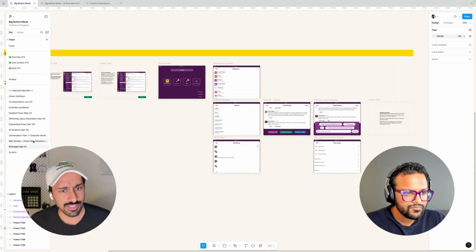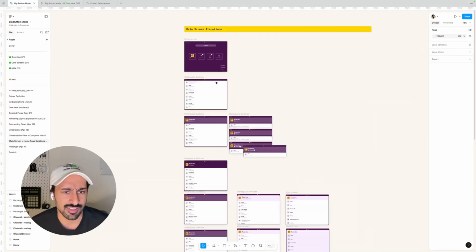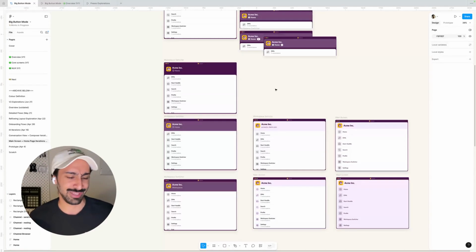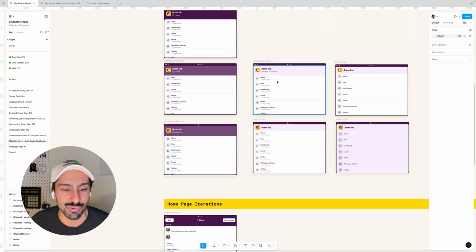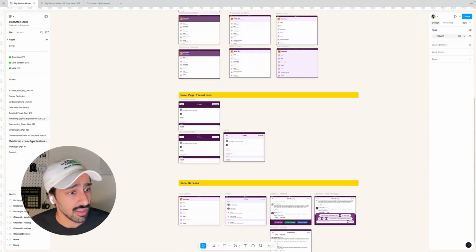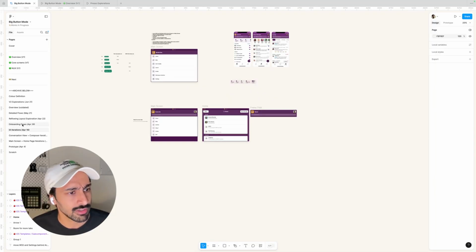Let's figure this out. So I started doing more iterations. I started really trying to figure out, how do you make this real now? Because there's so many things I've omitted in my first explorations. What should this look like? What should the list styles be? What should the coloring be? Should it feel like mobile? Because it is like mobile, but we have the desktop. There's all these things floating through my mind at this point. And so I'm just playing around. All this stuff looks horrific to me. I just continued to play around.